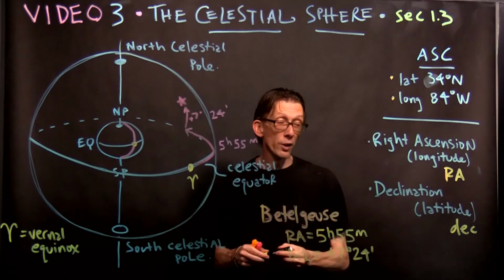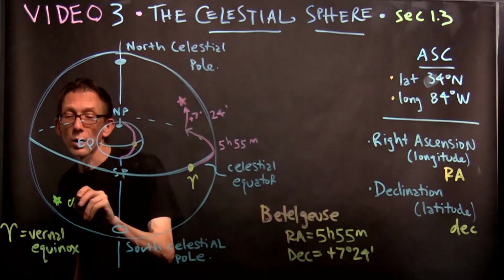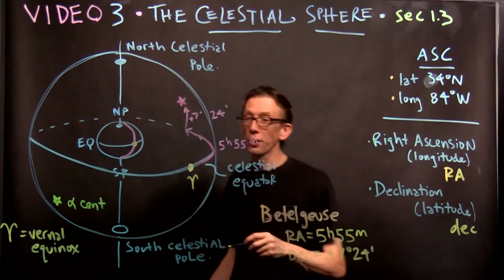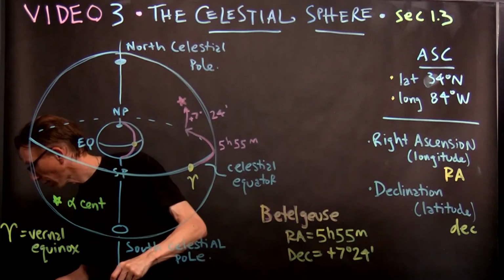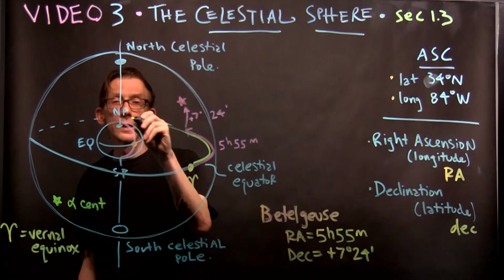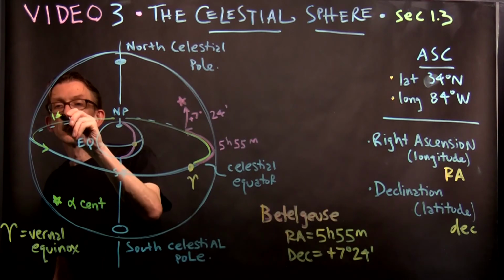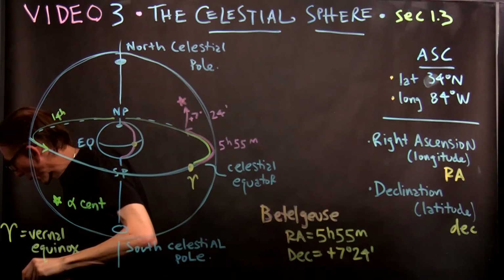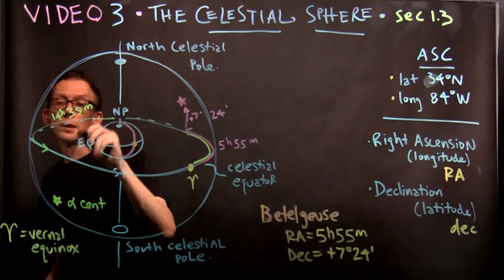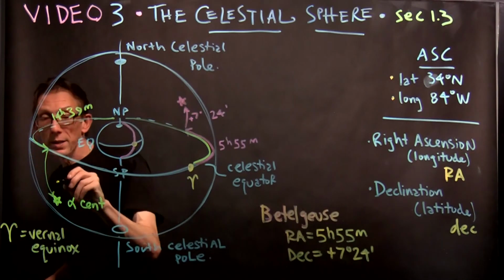There's another star that I mentioned a few minutes ago down here. This is Alpha Centauri. To get to it, we have to go further around. Alpha Centauri is at 14 hours, 39 minutes. We have to go all the way around, back like this, and down here to about here. This is 14 hours out of 24, 14 hours and 39 minutes. And then we have to go down 60 degrees,